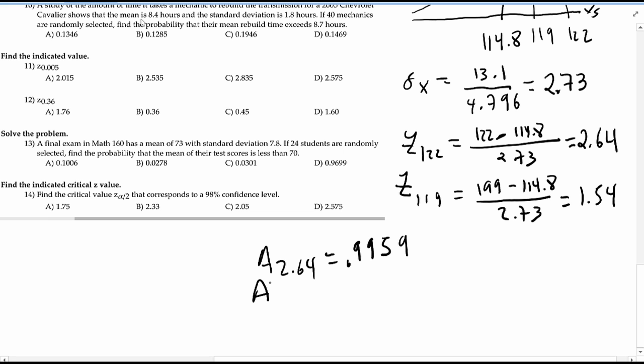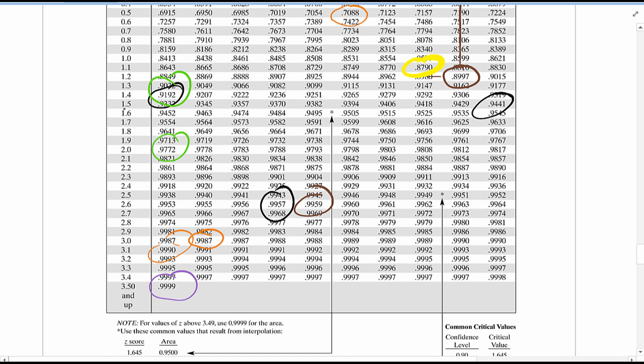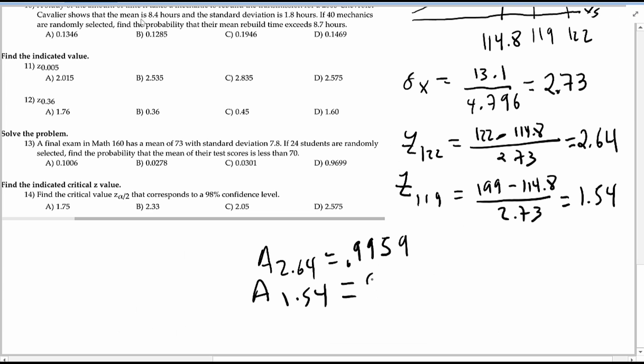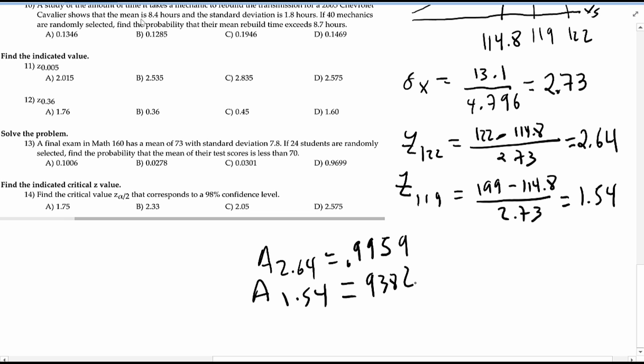And the area below 1.54, we go to 1.5 and then 4, is 0.9382. And the difference of the two is